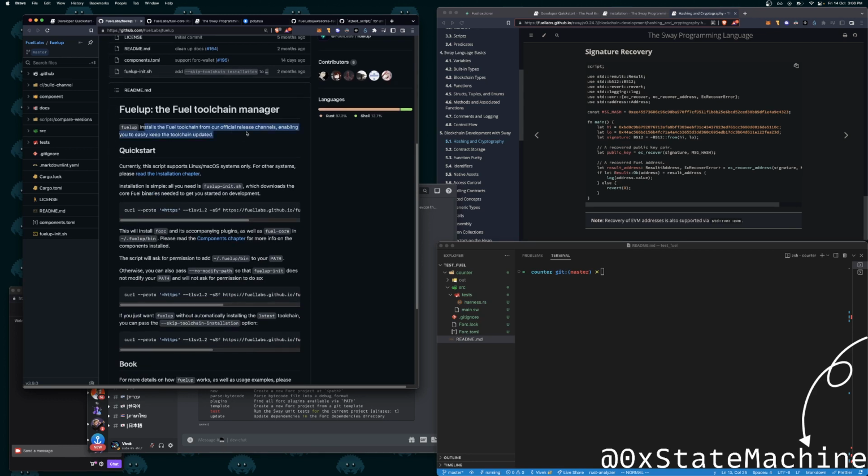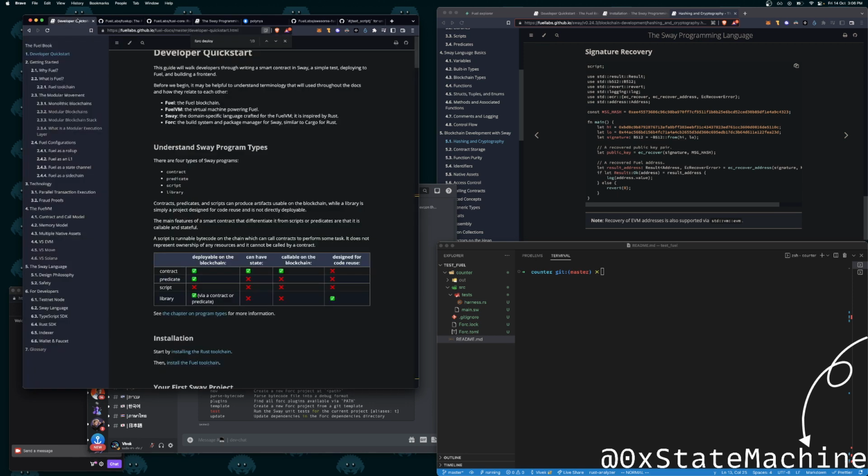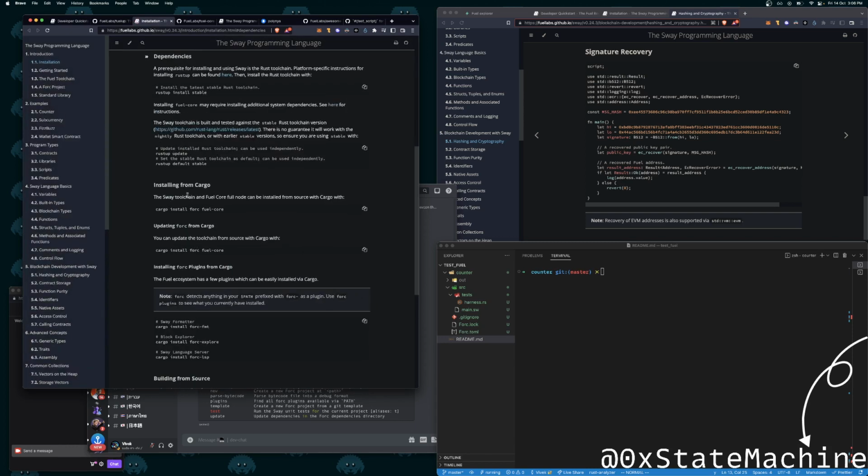FuelUp installs the Fuel toolchain for official release channels, enabling you to easily keep the toolchain updated. And when you do the Rust toolchain, I did install Fuel Core.